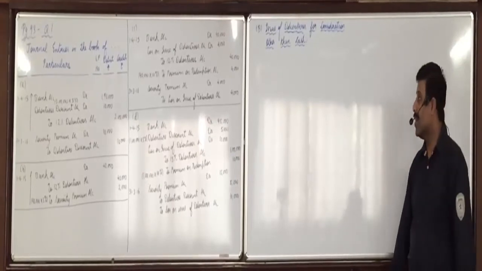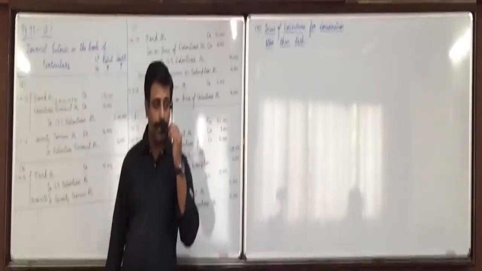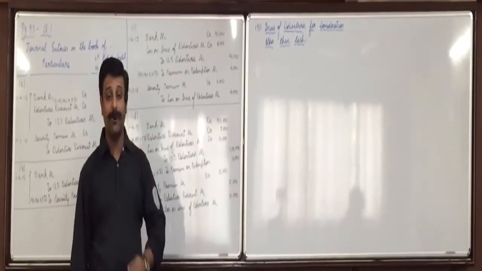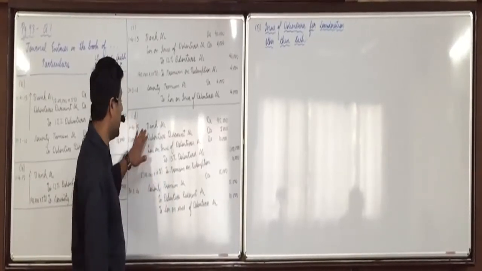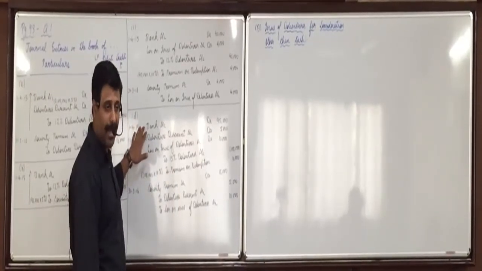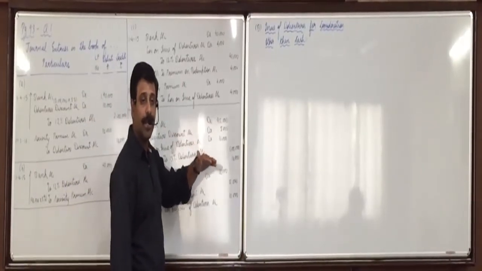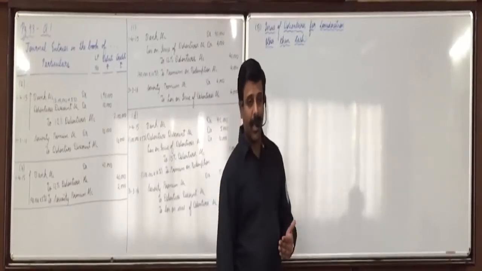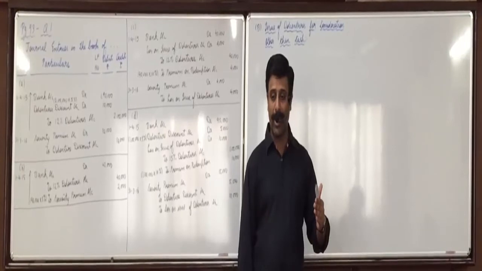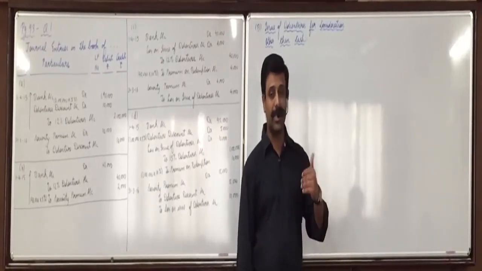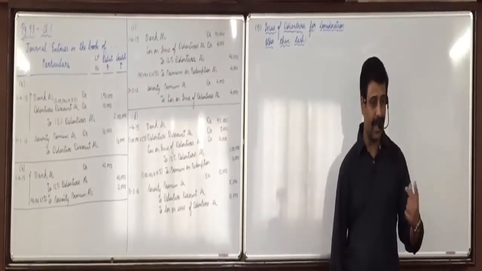Issue of debentures for consideration other than cash. Now, other than cash means you get what against the debentures? Assets. Okay, one thing is here you are giving the debentures and getting the cash which you deposit in the bank, you are getting the money. And here you issue the debentures but you get consideration other than cash means what you get is assets. Okay, now assets what we obtain against the debentures.